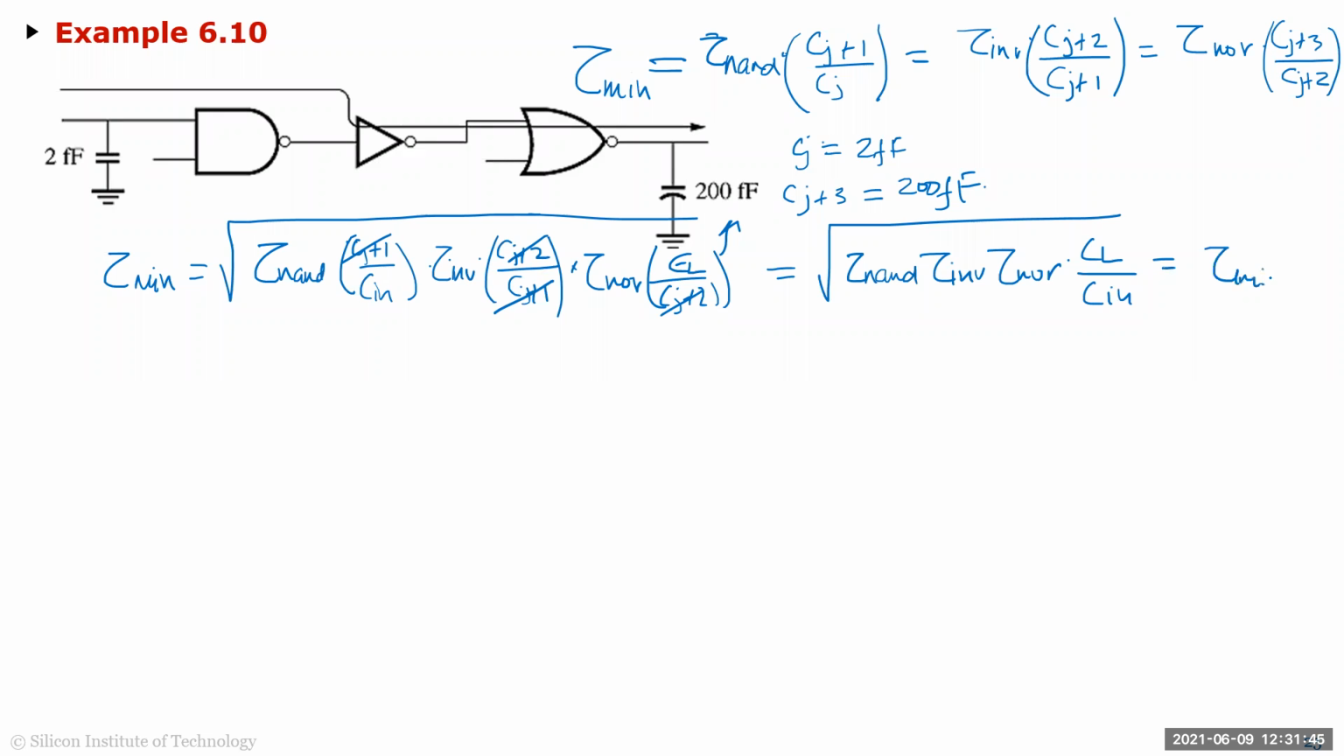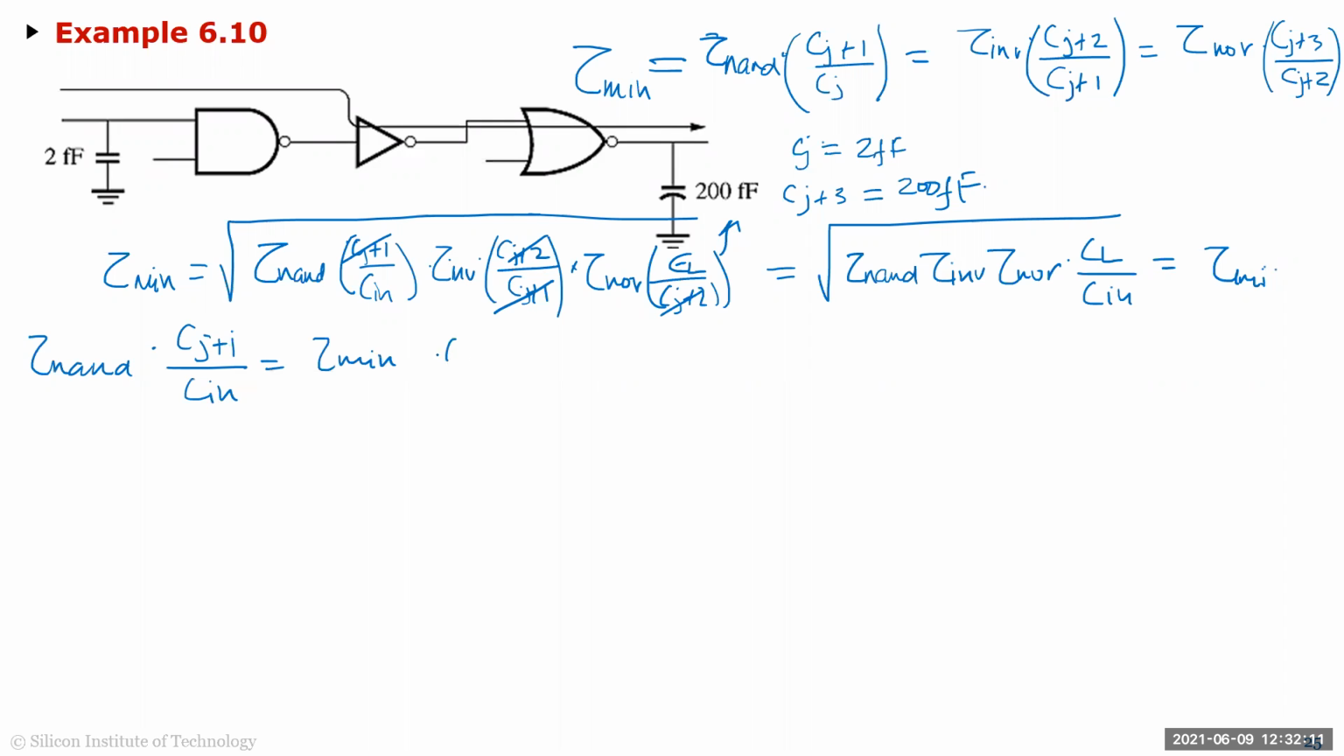That is the tau min. I want to equate all these two. If I do that, then I know, and once I know this, then I can find the rest, right? Because I know tau NAND. For a given technology, I know tau NAND. So tau NAND times Cj plus 1 over Cj, which is Cin, should be equal to this quantity tau min,